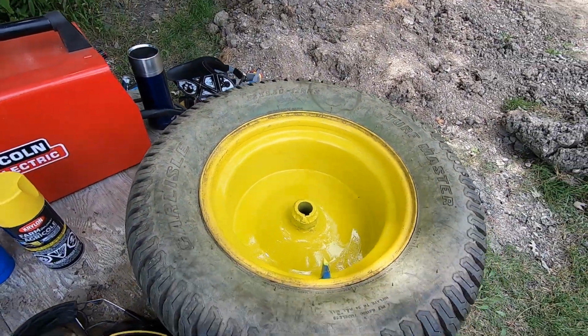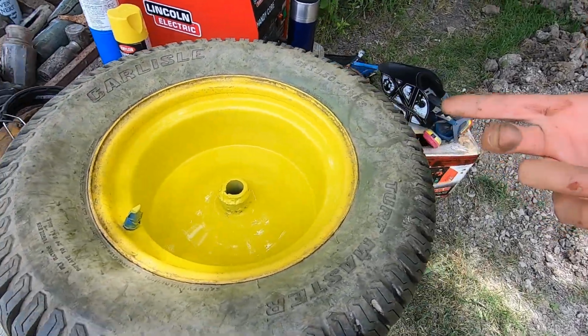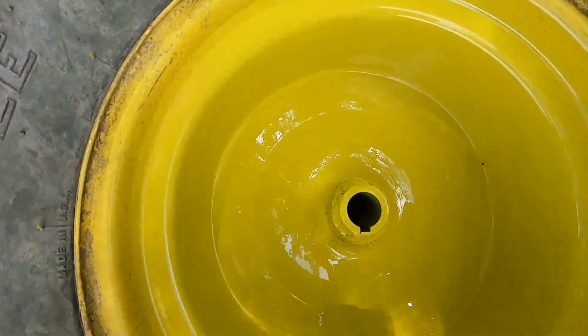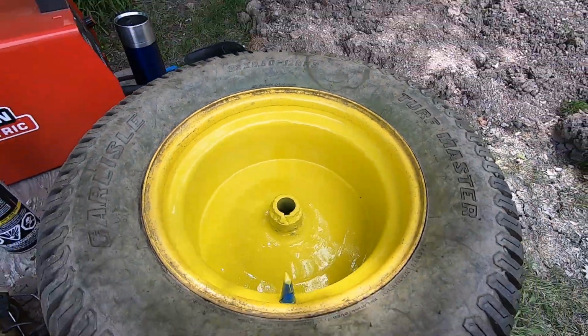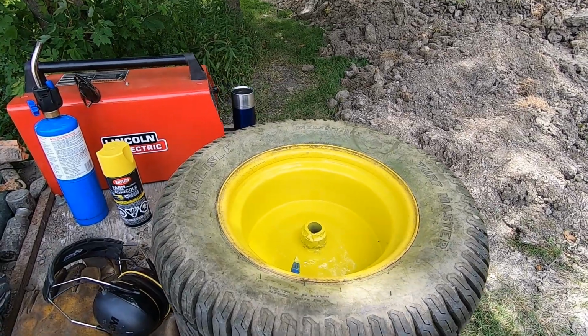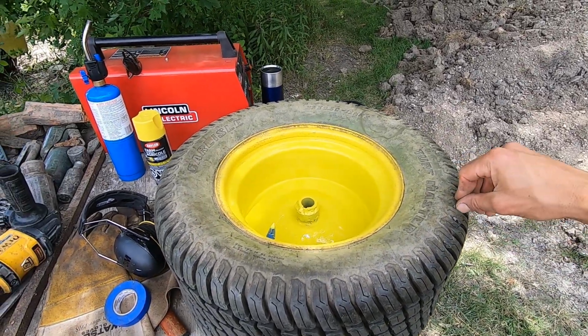Threw some paint at it, so it's got to cure, but I think the wheel's ready to put back on. I know the welds never look nice when I do them. That's a given. I'll probably run my file through the keyway just to make sure it's clean. And I'm also going to check out that axle with my file and take off some of the rounded parts there that are all mushroomed out of shape. Should be able to get this to fit back on nice,